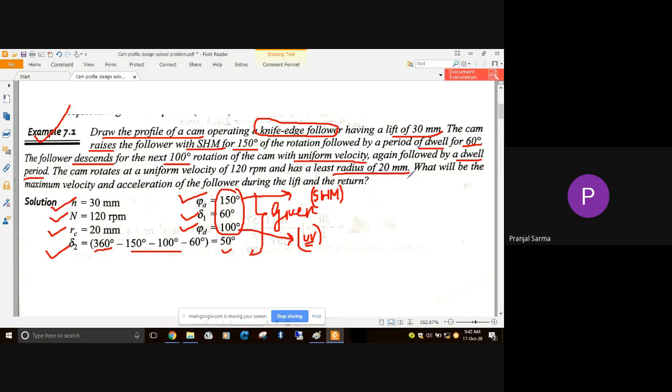And after that, some question also is there. What will be the maximum velocity and acceleration of the follower during the lift and the return? During the lift and the return means in the ascent stroke and in the return stroke. So for finding out the maximum velocity and acceleration, for SHM motion and for uniform velocity, we already